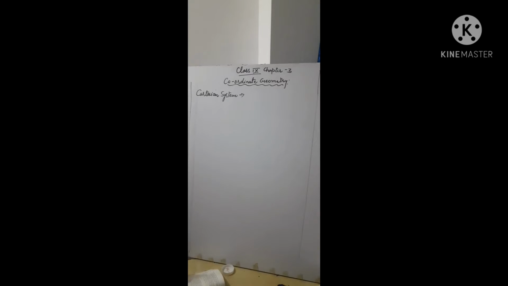Class 9th, Chapter 3rd, Coordinate Geometry. Now we will discuss the Cartesian System. As we know that, number line